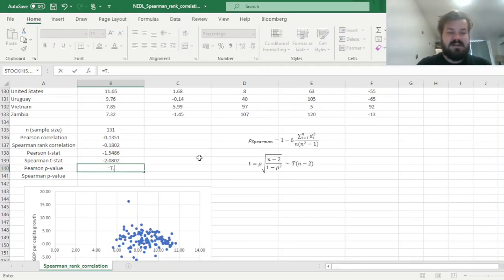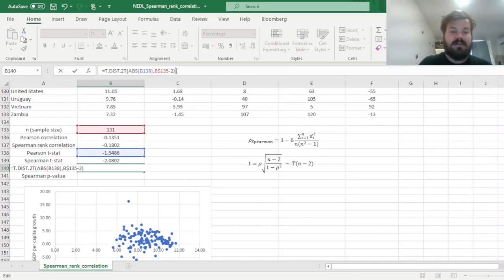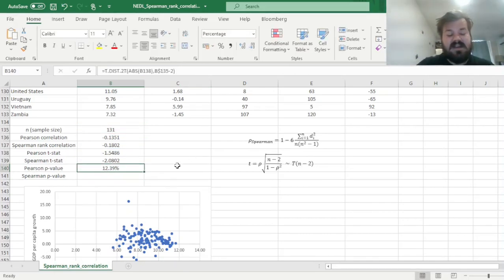So we can input T.DIST.2T, input the absolute value of our t-stat, and minding this particular formula, we can input n-2 again as the number of degrees of freedom for our two-tailed t-test. And we can see that the p-value for the Pearson correlation coefficient t-statistic is 12%, which is higher than the 10% significance level, meaning that this relationship is not significant enough. And as we repeat this procedure for the Spearman correlation coefficient t-statistic, we get a p-value of approximately 4%, which is lower than